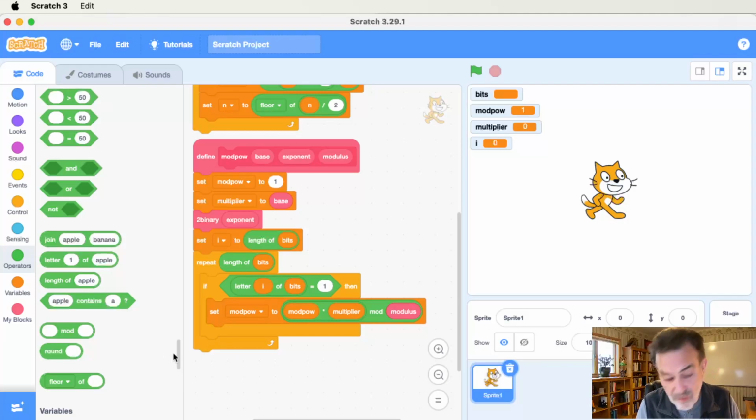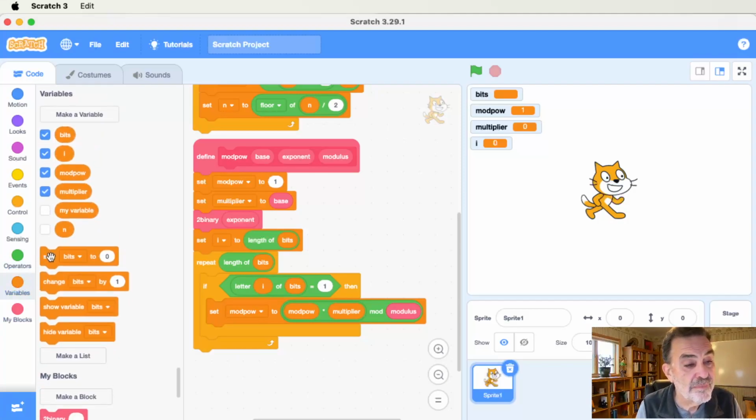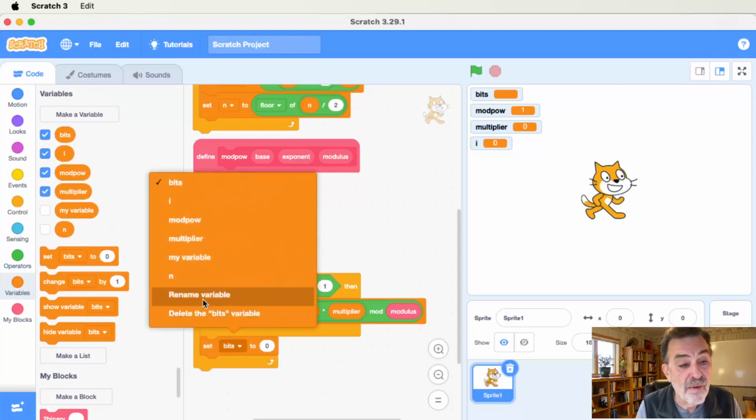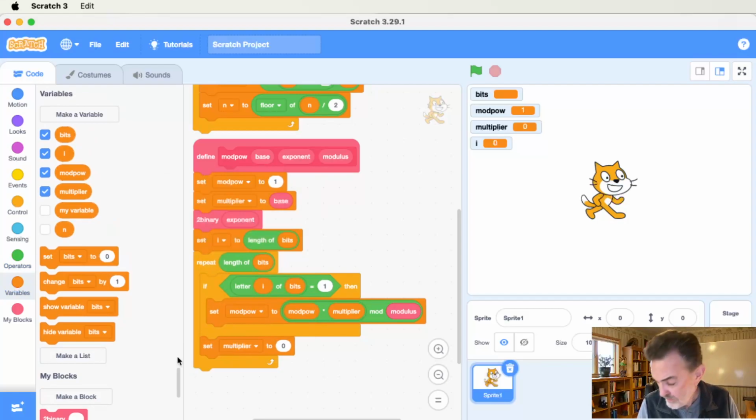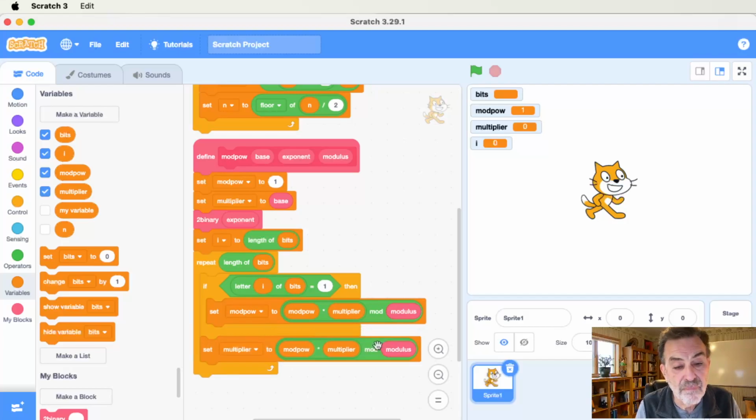Otherwise, I'm going to go through and update the multiplier. So that goes here, set multiplier to, same kind of a deal. It's multiplier times multiplier. Just square it. That's where I've squared it. The modulus. And now I'm going to step to the next